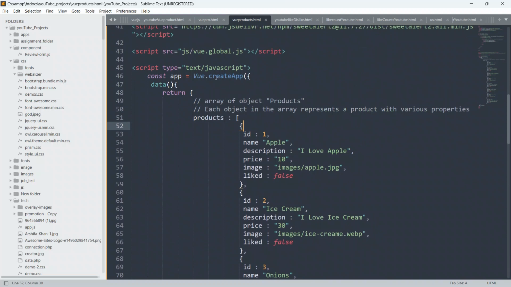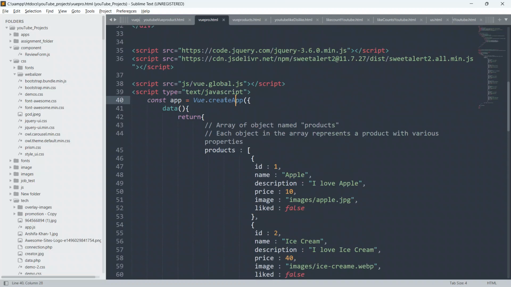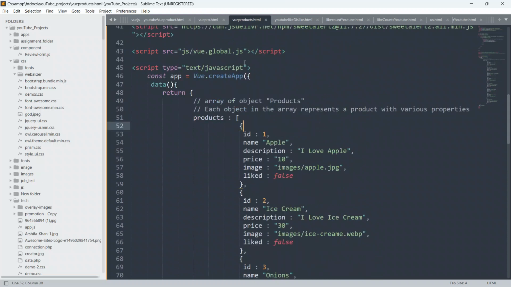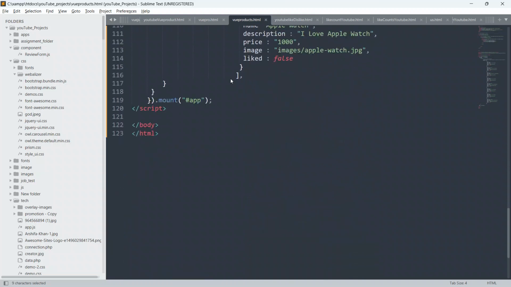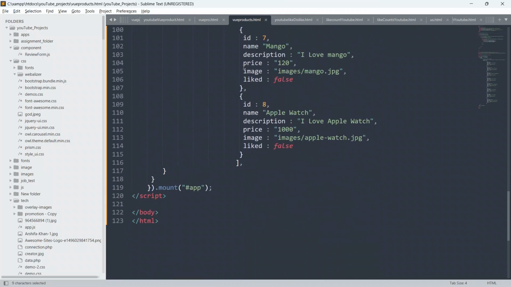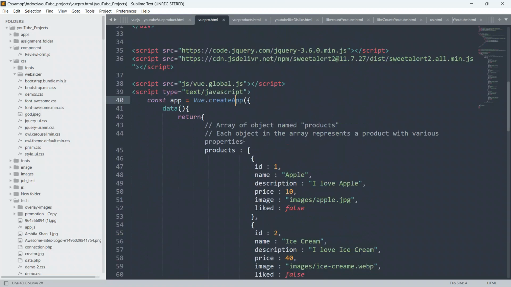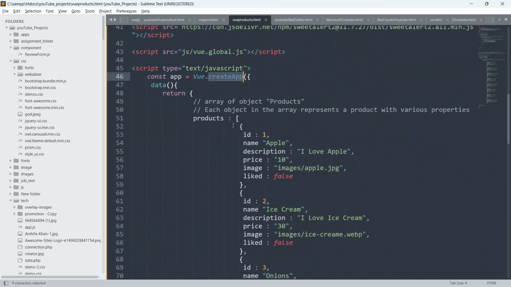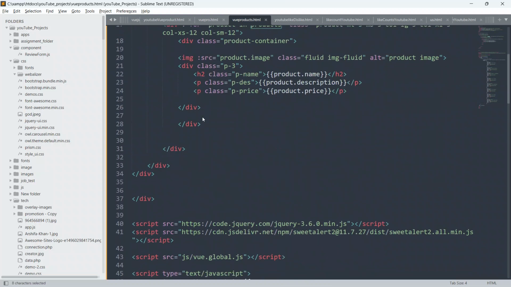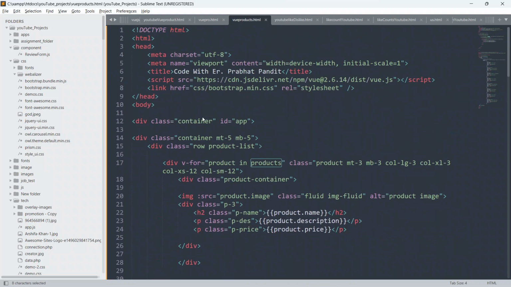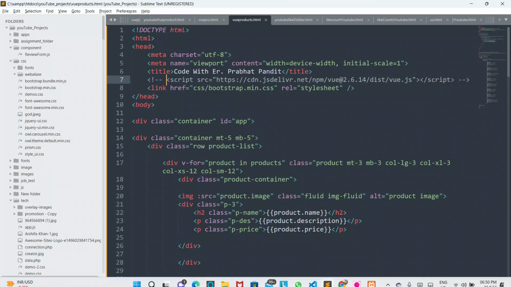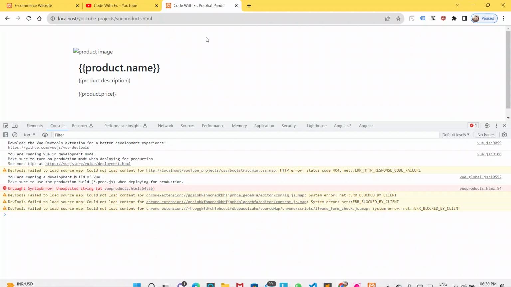So Vue dot createApp. Okay, guys, Vue dot createApp. What is the issue, guys? Products, okay, this products. Okay, so just comment this from here. Now save the code, go to the browser and refresh the page.